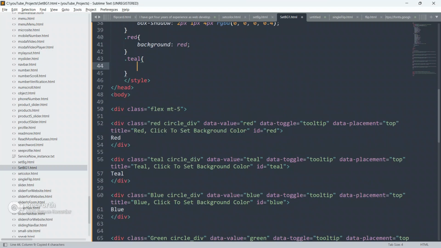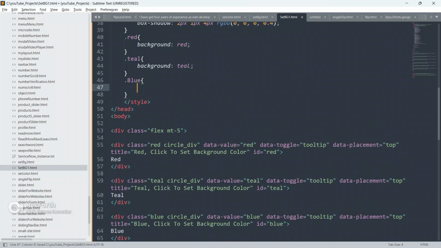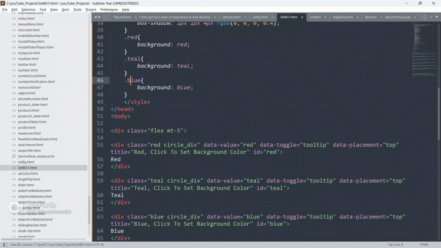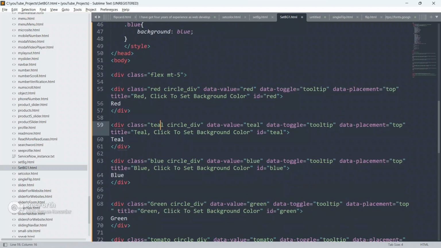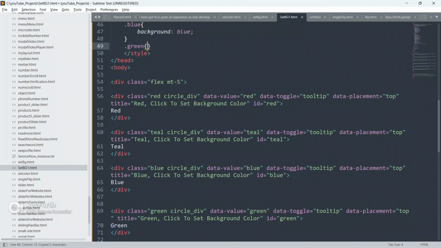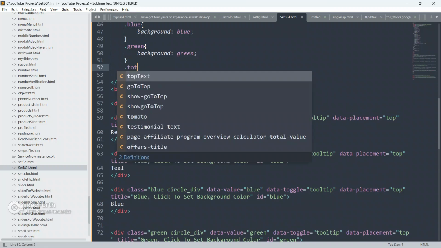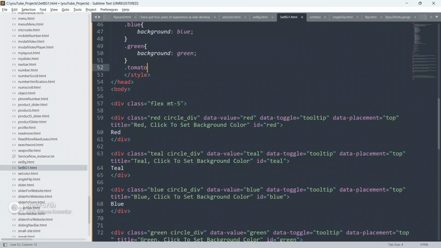So just go down, copy this teal, paste it here, give background color as teal only, copy this blue and give background color as blue, copy this green, go up, paste it here and give background color as green.